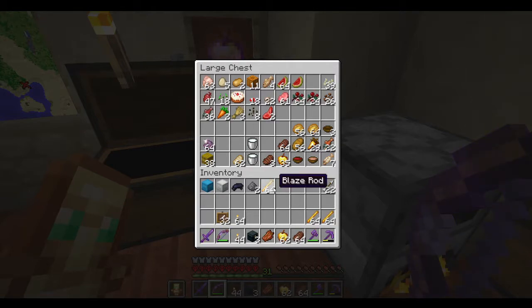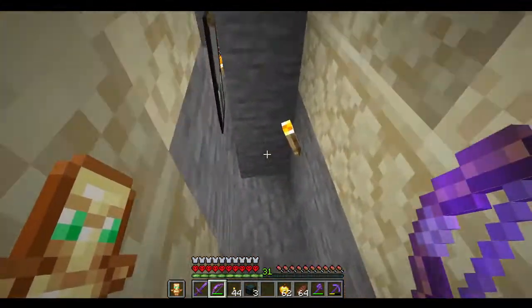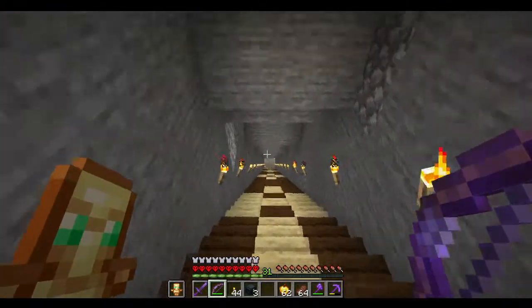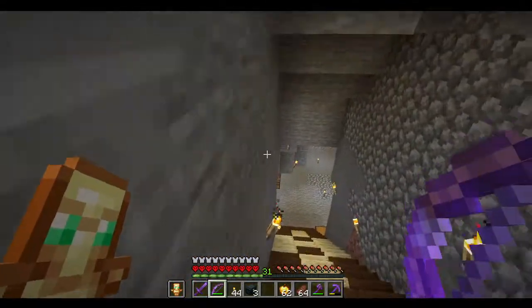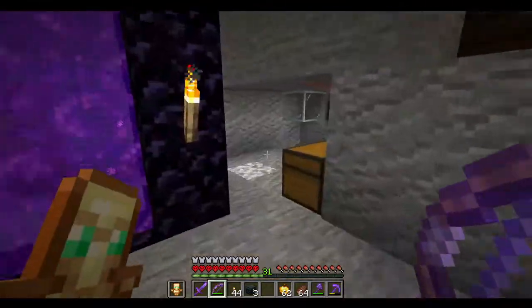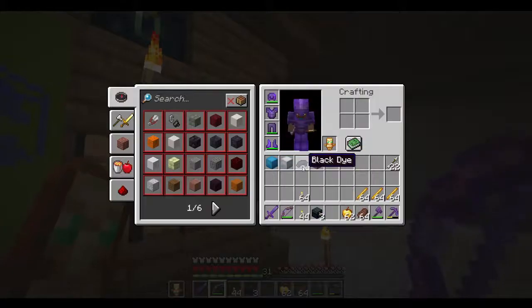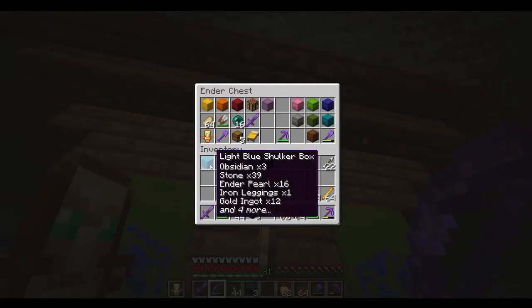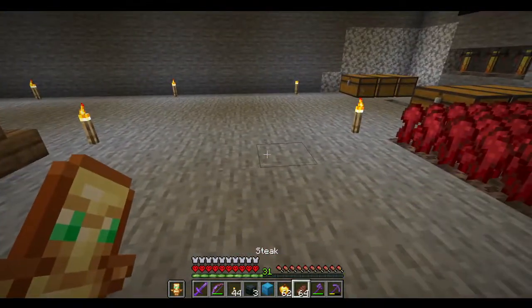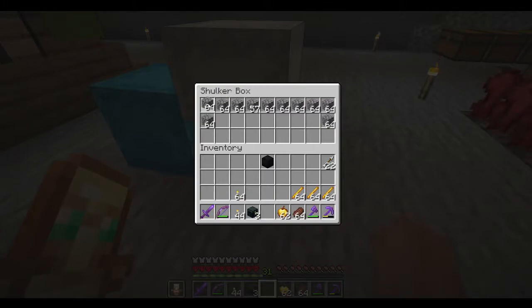Can leave those up. Now I got everything cooking for those. Store those. Put the frames away. We'll get one of the two shulkers out and dye it. Frames away first, though. Alright, one of the shulkers. There we go. Now we have another one of our darker monochromatic boxes. Let's